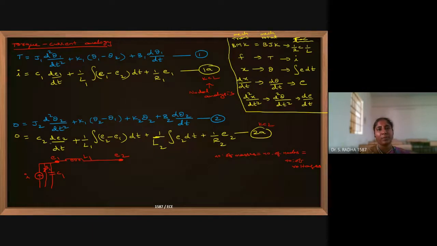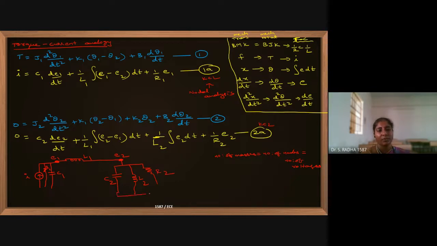Now I am going to the 2a equation. In the 2a equation, no separate incoming currents. Outgoing currents are there, C2. You can also take one extension and do it like this. C2 connected only to E2. Then 1 by L1, already we have done it in the center between the voltages, E2 minus E1. Then 1 by L2, only E2 voltage is there, so here one inductor I will take, 1 by L2. 1 by R2, only E2 voltage is there.